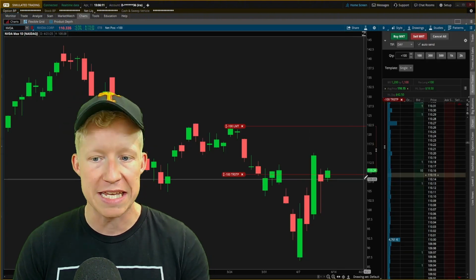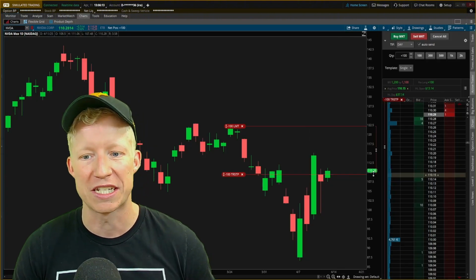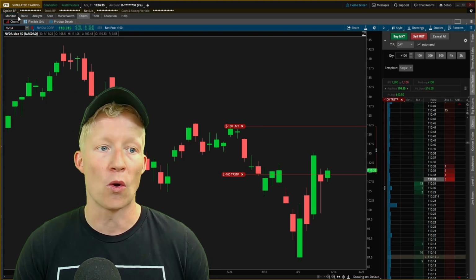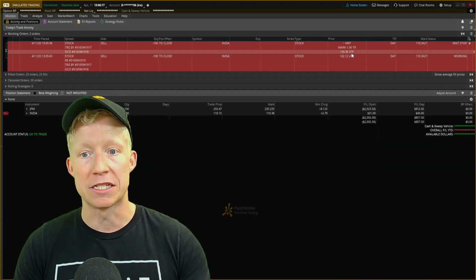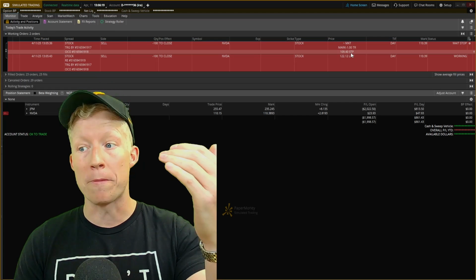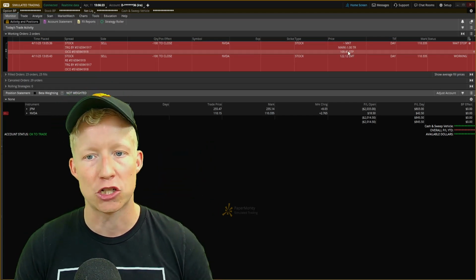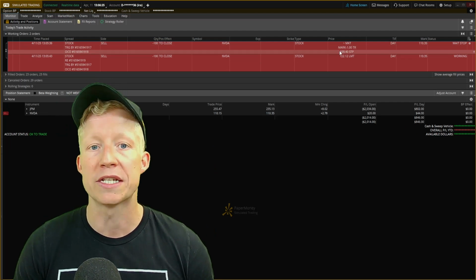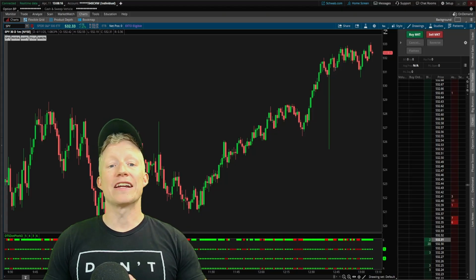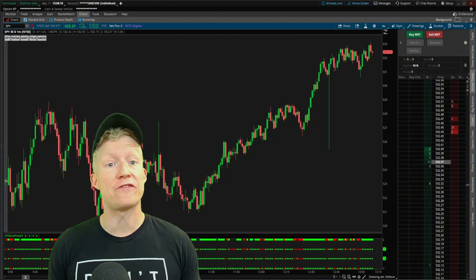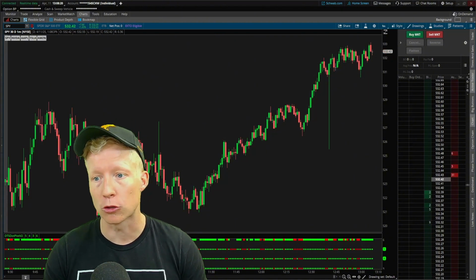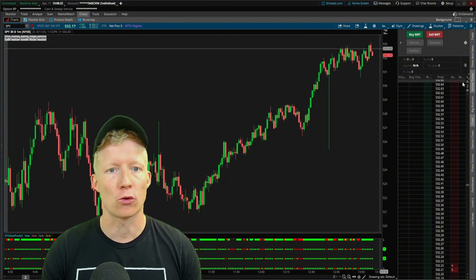I should assume, yes, NVIDIA is now at 110.27, 110.28. So the trailing stop is adjusting to that. It stays 1 point down from the highest point that NVIDIA touches since we entered that trade. This will always adjust. All right, so we just learned some pretty advanced ordering techniques available to you in the active trader window